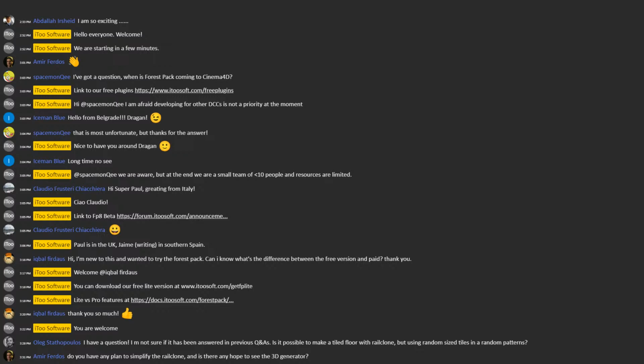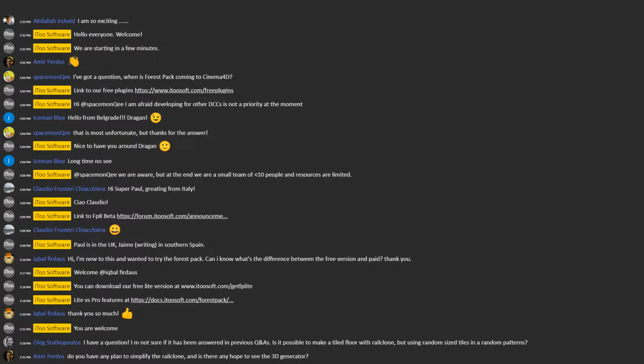But maybe I'll tackle this next time, there are various ways to simulate that by making a load of pre-built collections of tiles that look random, but actually end up being kind of square or locking together in some way that's predictable. And then you shuffle between them. If you've got enough of those, you don't need many, 3 or 4, and you randomize the rotation of them maybe as well, and you randomize the colors and so forth, then you can get a pretty good, pretty difficult to spot version of a completely randomized tile floor. But because of the way that RailClone works, you can't just completely randomize it without gaps appearing.